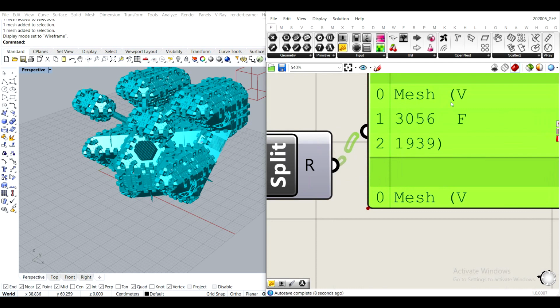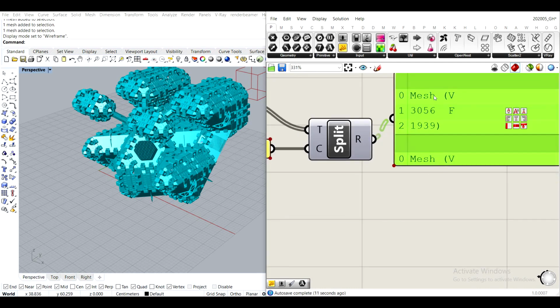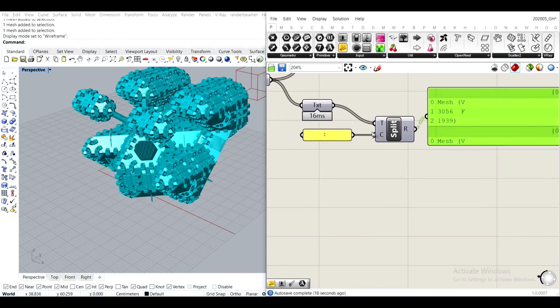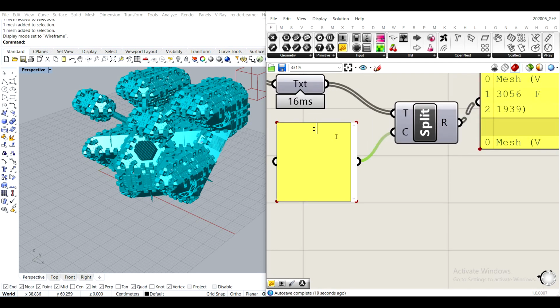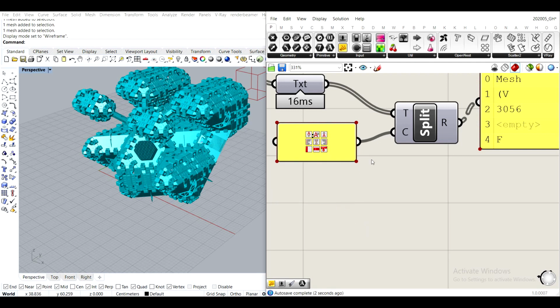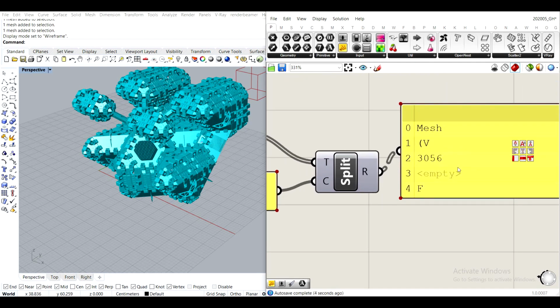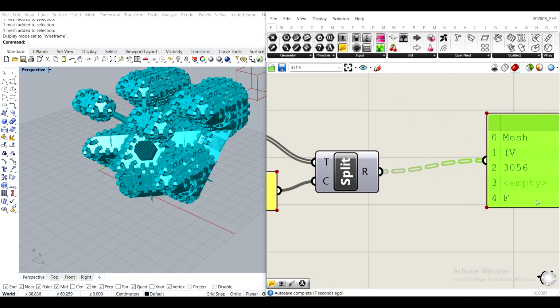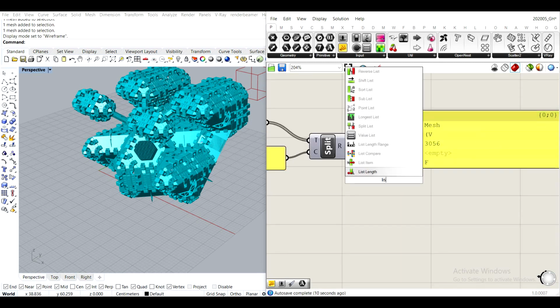I also want to use a spacebar for splitting because I want to extract how many vertices it has, and this is the fastest way to do it. So here I will just hit enter and hit the spacebar. So that's an important part, right? So while this is the symbol that we want, that's a spacebar, right? In the second line. There's no third line here. So just 2 lines, 1 symbol, 1 spacebar. Great. Now we have everything separated, which means we can say list item